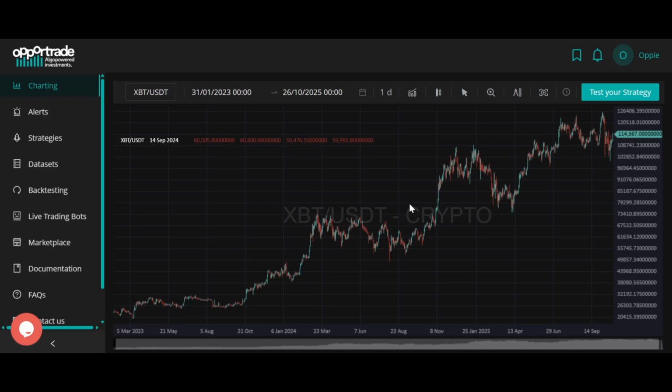For those who aren't familiar, Kraken is one of the largest crypto exchanges worldwide, and it's the first crypto exchange integrated with Opportrade. But why should you connect Opportrade to an external exchange? As mentioned in the Trading Bots tutorial, Opportrade is not a broker or an exchange. Instead, it's a tool that automates your strategies using trading bots by connecting to external brokers and exchanges, Kraken being